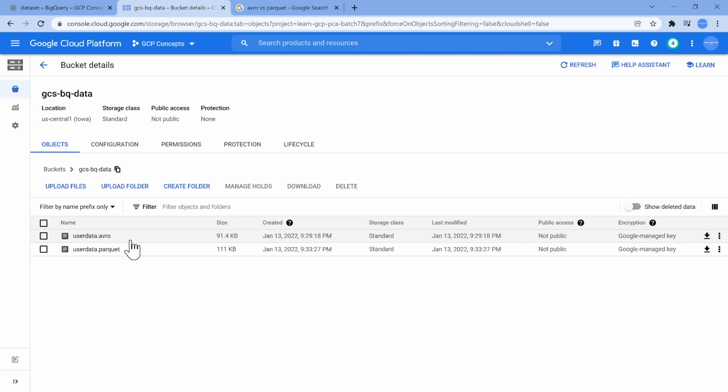So whenever you are trying to have an external table, try to put it in Parquet or ORC format because you can read a particular column. So meaning you're not reading the entire table. If you're reading the entire table, definitely there's going to be a network egress cost. So you can avoid that by using Parquet format and ORC format.